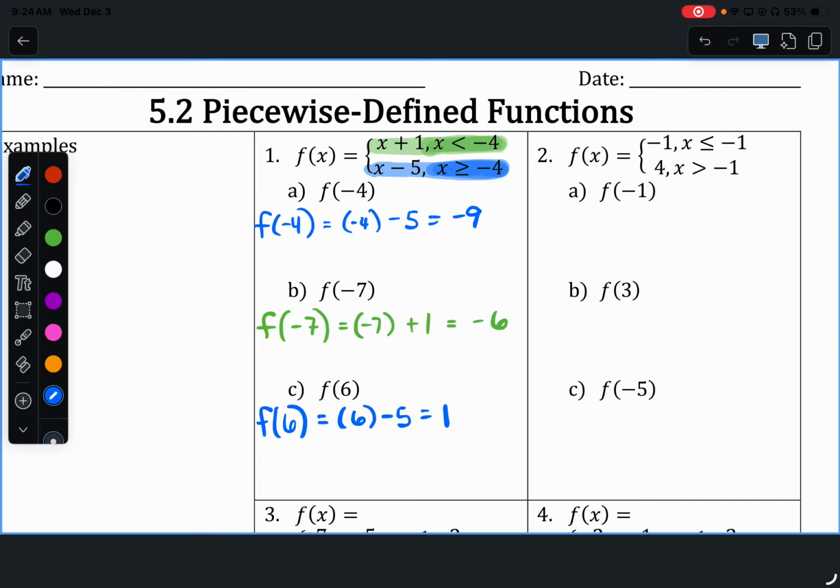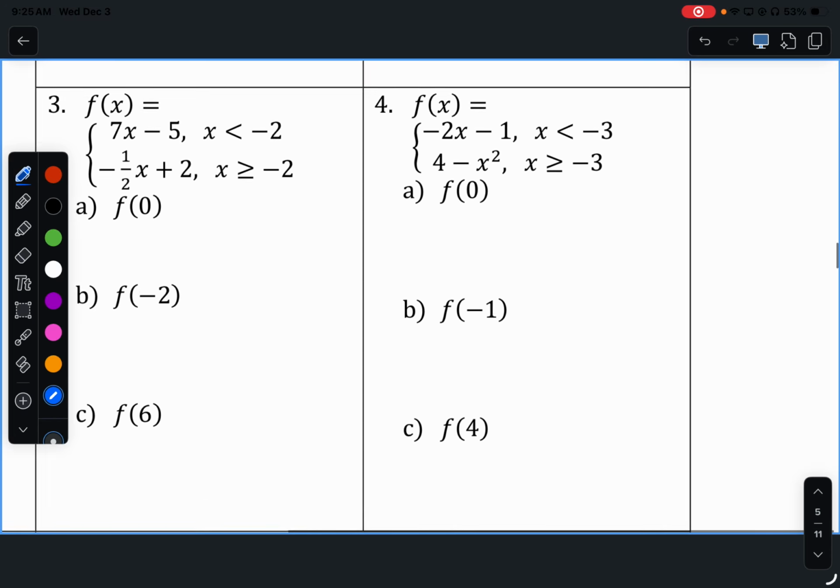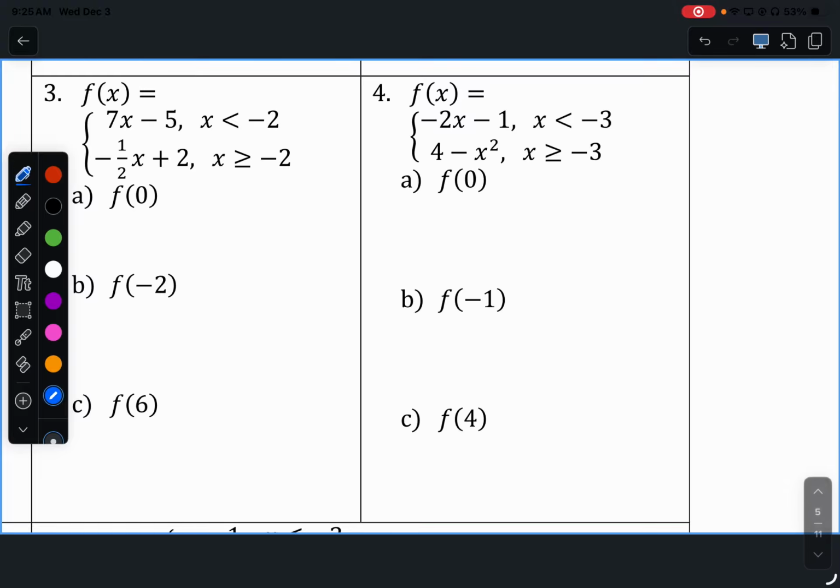What are we plugging in for x? 2. So it's less than or equal to 2. It just depends on whatever the symbol is. If it has the line under it, it means or equal to, so it can be either way. Okay, so we have negative 2 plus 5, which is